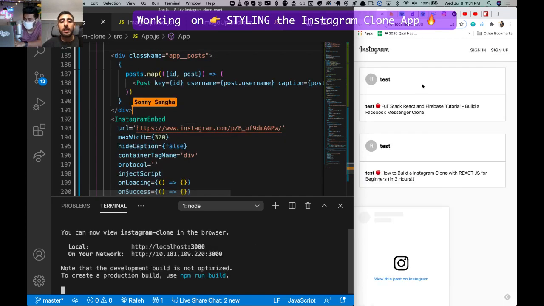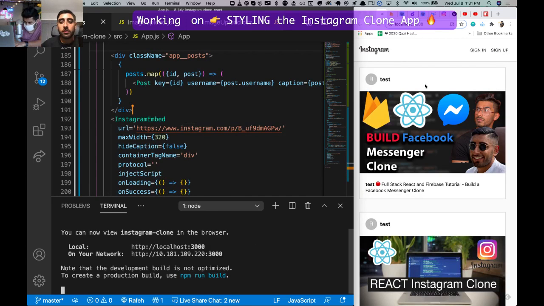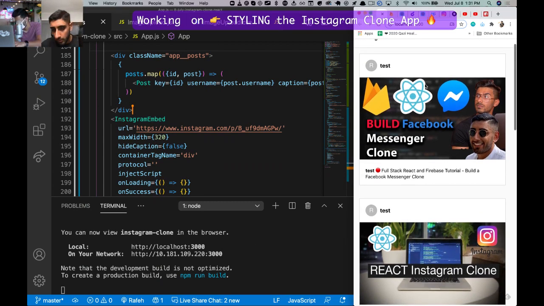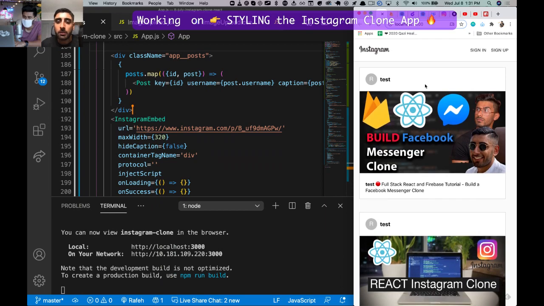And what we're doing here, guys, is we're pulling in some code someone else has written for an Instagram embed, and we're just pulling it into our web page. So if you scroll down a bit more,